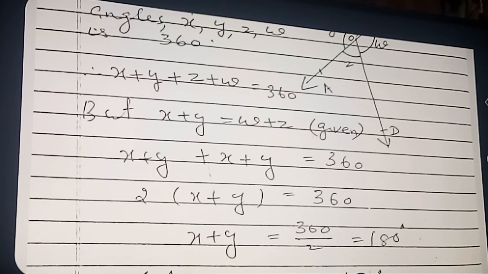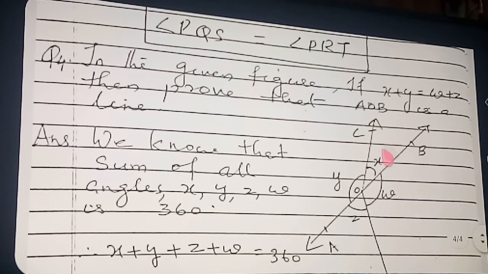So you got how much? What did you get now? We can come to the diagram now. See here, x plus y is 180. That means this angle and this angle form a linear pair. The meaning is that their sum is 180. This sum of 180 forming means that what is angle AOB? Angle AOB is a straight angle. If angle AOB is a straight angle, then what will we say? Angle AOB is a line.